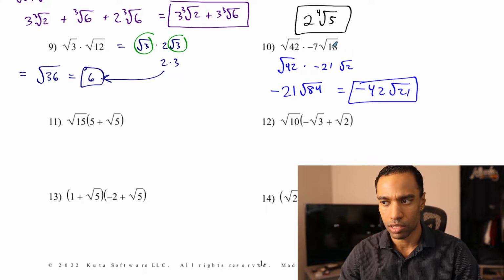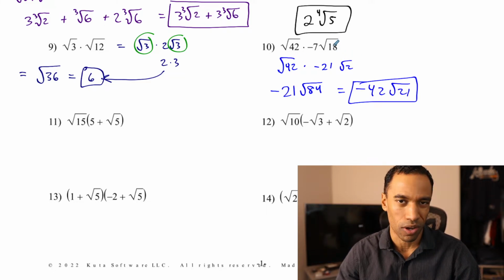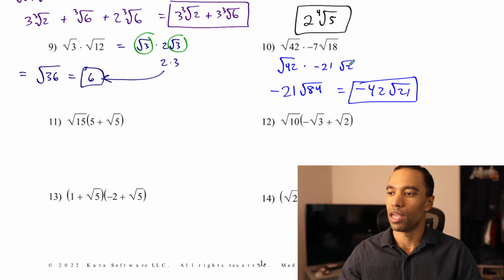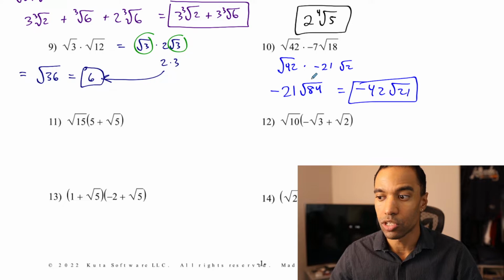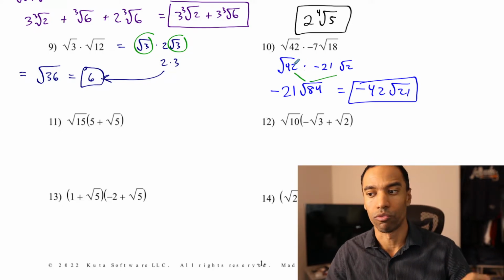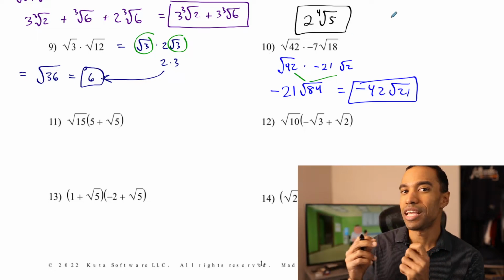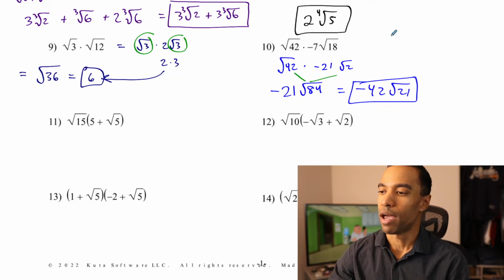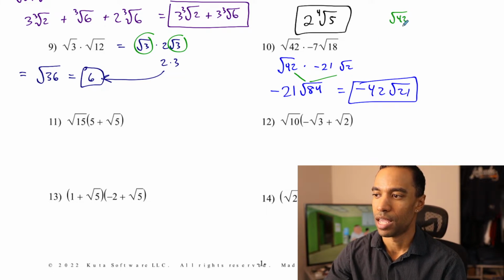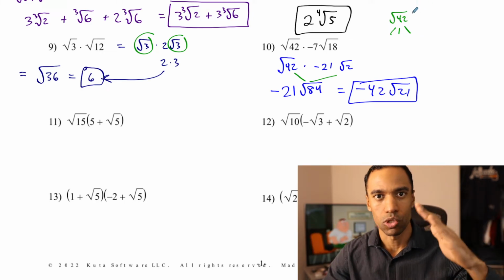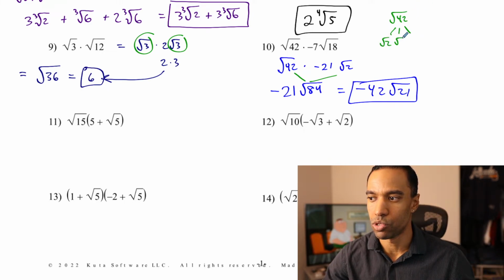You could have chosen to not break this down as well, and I can show you another version of that. Then I'm going to start speeding up again. So if I have the root 2 times root 42, so we turn it to root 84, right? Here's the thing. Root 2 has no perfect square factors. Root 42 has no perfect square factors, but they share a common factor, apparently of 2. If I broke root 42 down, 42 is 6 times 7, so it's 2 times 3 times 7. If I broke it down into root 2 times root 3 times root 7,